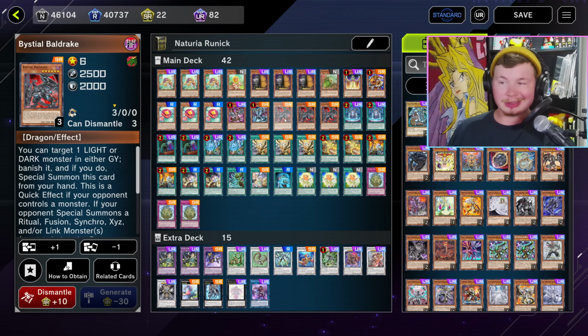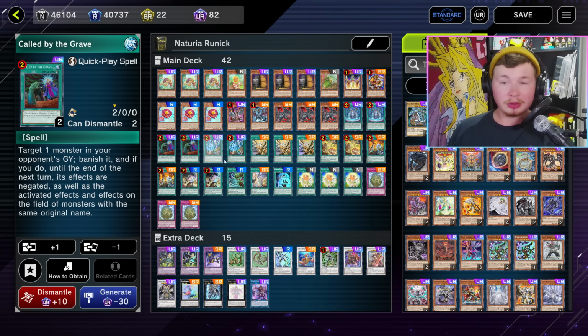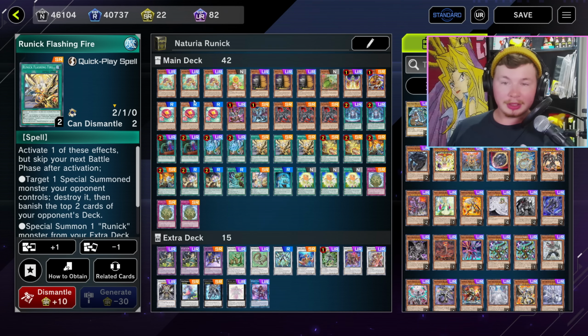Baldrake. Baldrake, I think, is just such a good card in this format. It comes up so often for me. Baldrake is really my favorite bestial to have on the field. Sorry, I mean bestial. I know some people hate when I say that, so I'm going to make sure to keep saying it. 2 copies of Runic Fountain, 2 copies of Called By, obviously, double Runic Tip, triple Flashing Fire,